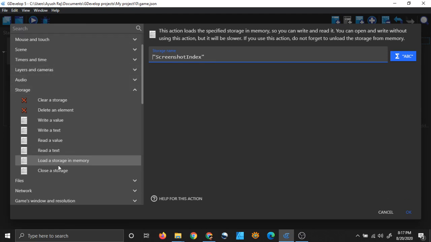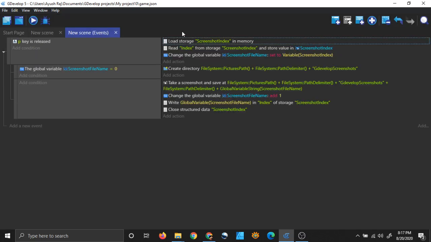Go to storage and click load a storage in memory, and you will find this screen, and you can type the name of your storage. I have typed screenshot index. You can type anything. So I will load a storage screenshot index, and next what I will do, read index from storage.